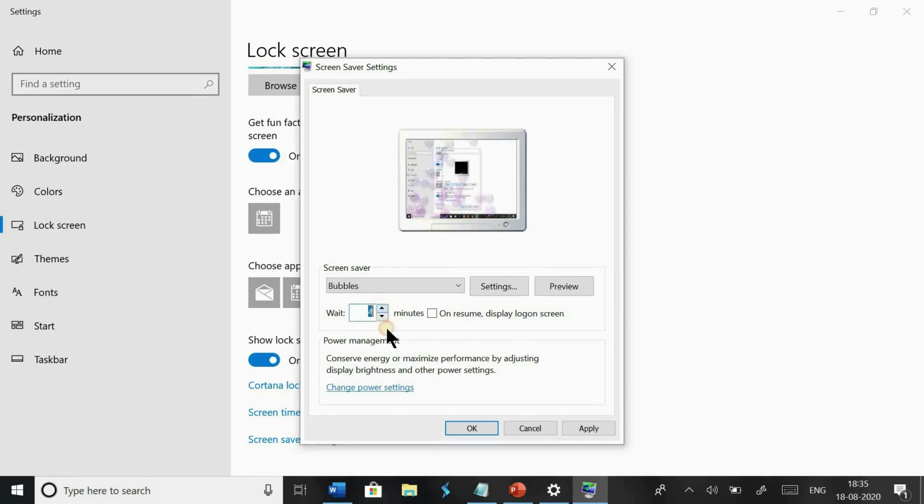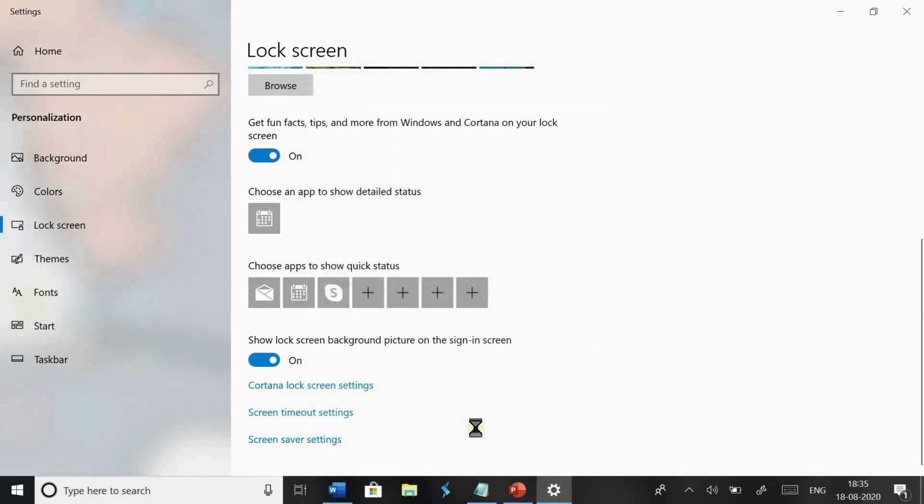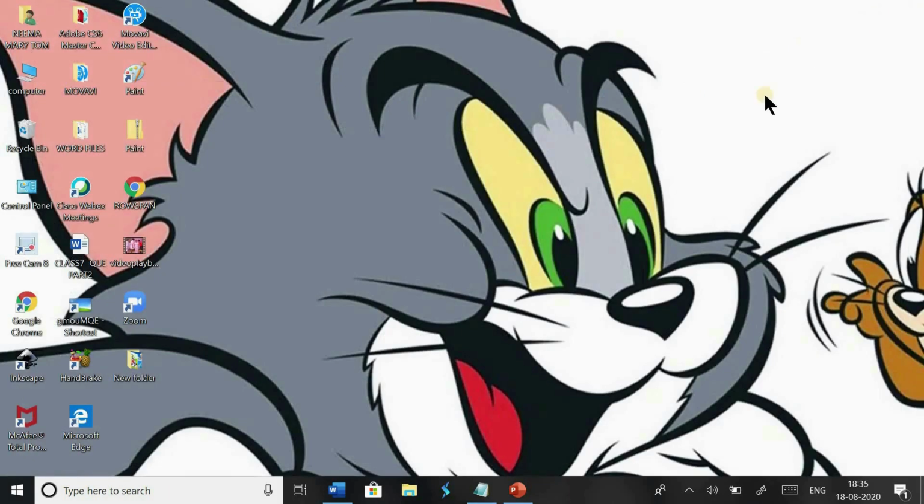You can increase or decrease the timing. Then you can apply this. Now it is Bubbles. Apply this and click OK. You have to wait for 1 minute. After that, the screensaver will appear on the screen.